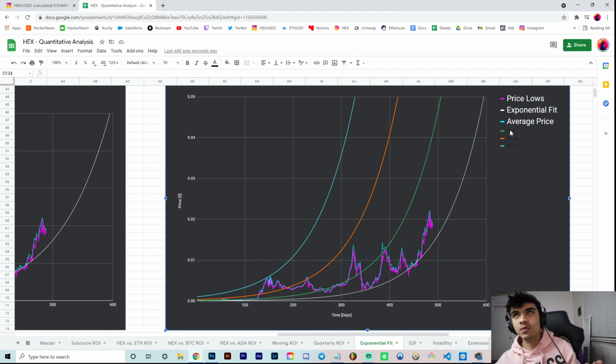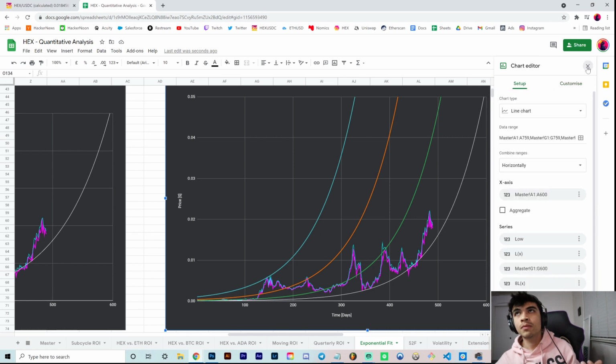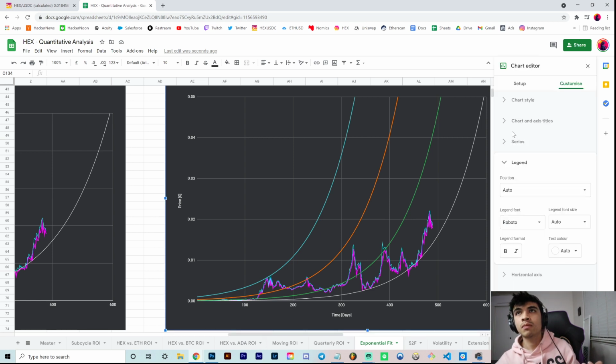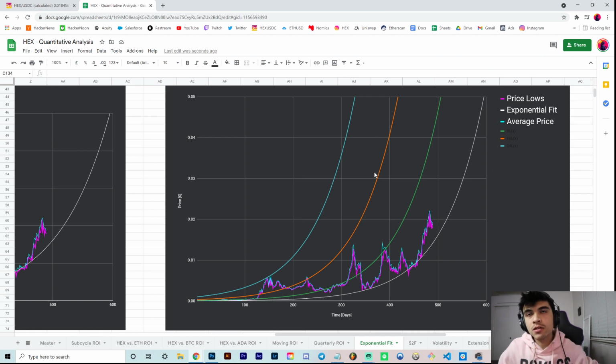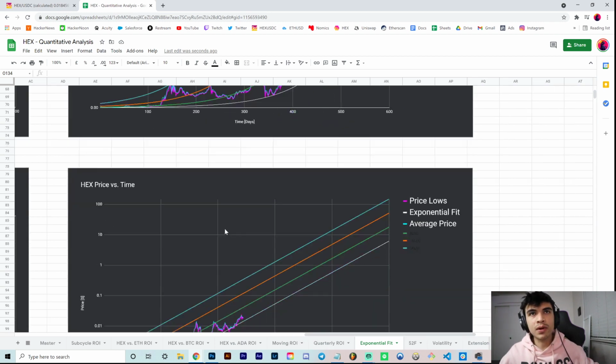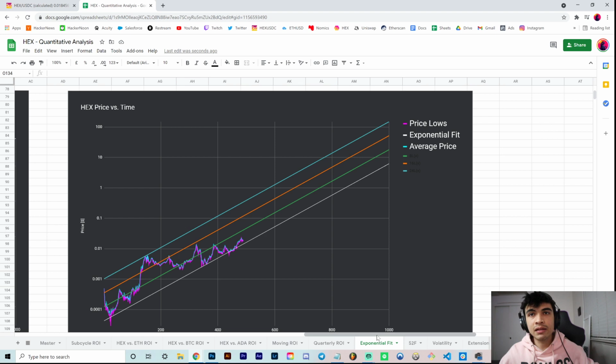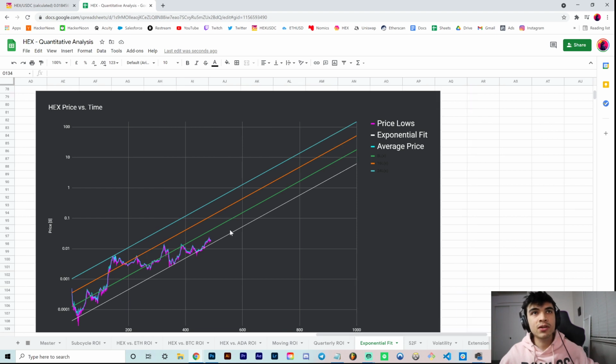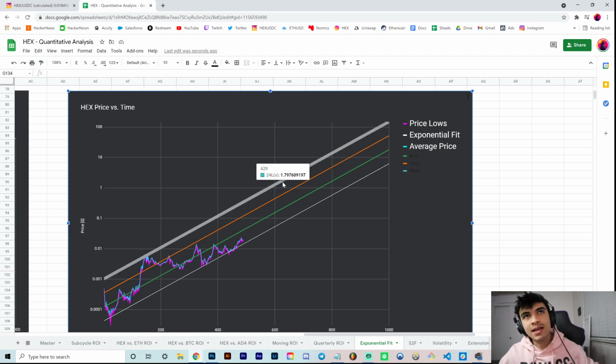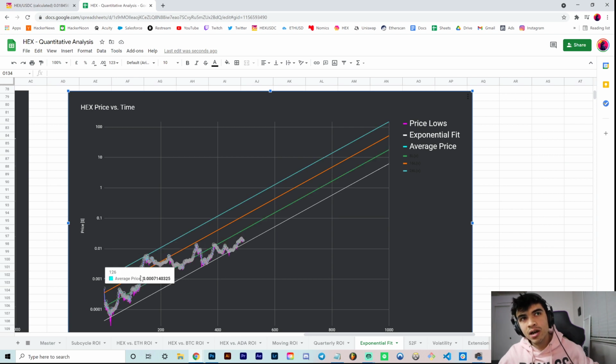Here I need to update these as well. I'll do that later, okay? So we added some tolerance here, and it looks a bit messy on the linear chart, but what it looks like on our logarithmic scale is something more like this, where we reached this upper band in the past, and essentially we've never gone back to it since about May of last year. We've also reached this orange level of tolerance as well,